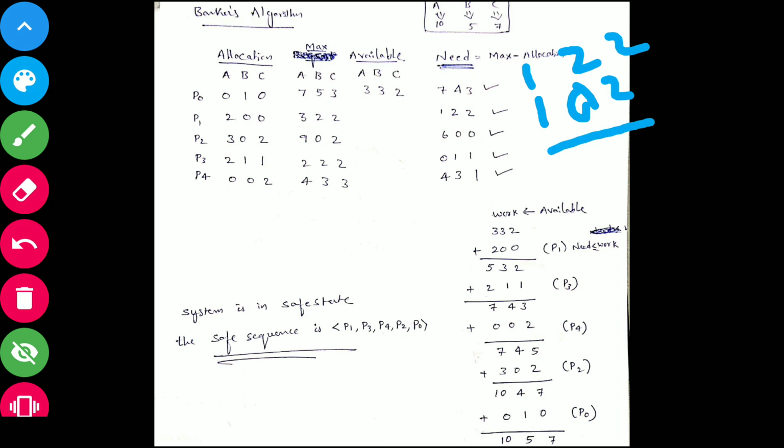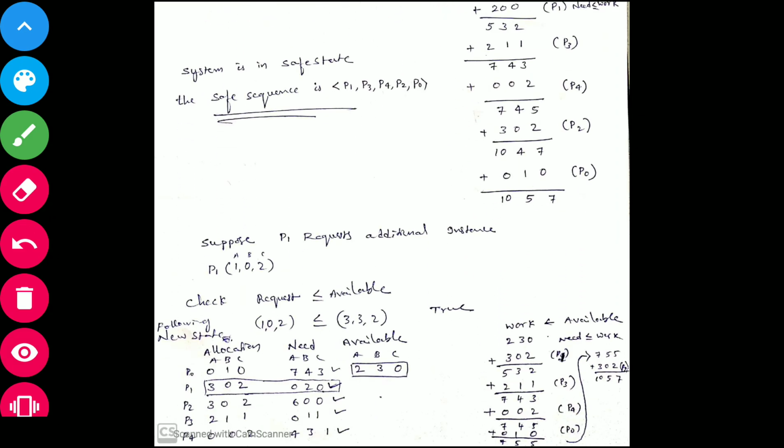If we allocated this one, then 0 2 0, this is the new need. 1 2 2 is required, 1 0 2 we gave, so finally A type 0 is required, B type 2 is required, and C type 0 is required. That is the new need, 0 2 0.